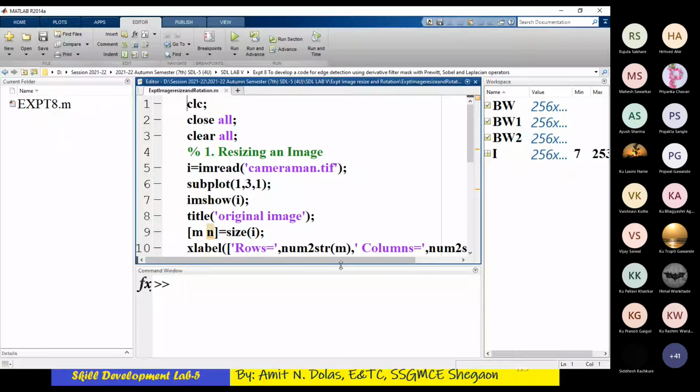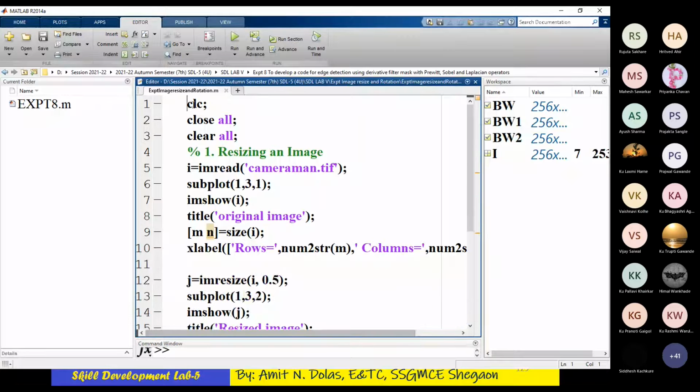Okay, so here is the code for image resizing and rotation. Whenever we are performing certain operations, we need an image to work on. So here cameraman.tif is read with label I, subplotted, with title original image.